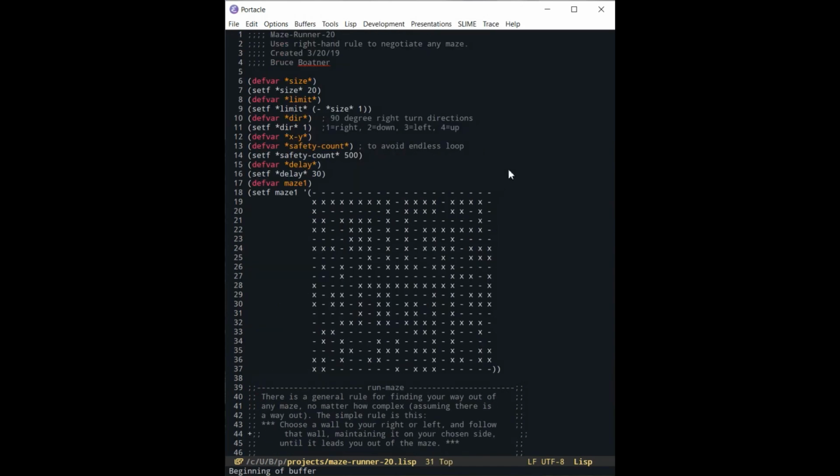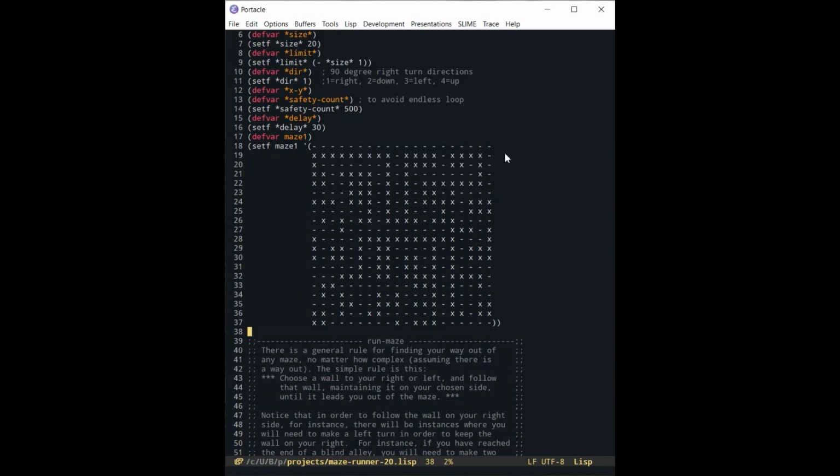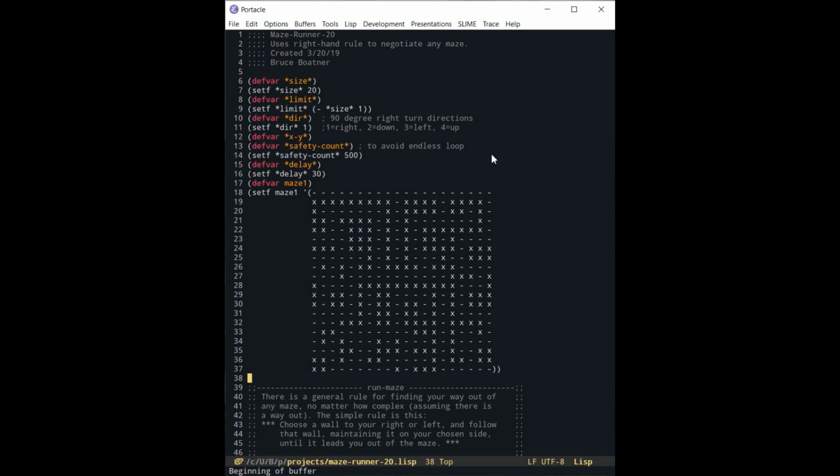Okay, so now let's talk a little bit about how this code works. The first thing to do is talk about the algorithm that we're going to implement here. As I said earlier, it's a very simple algorithm, and it is based on three simple rules. First of all, let's take a look at the matrix here. Basically, all this is a long